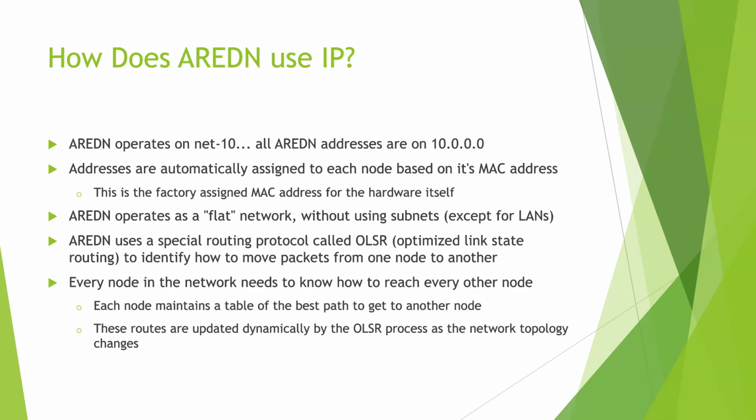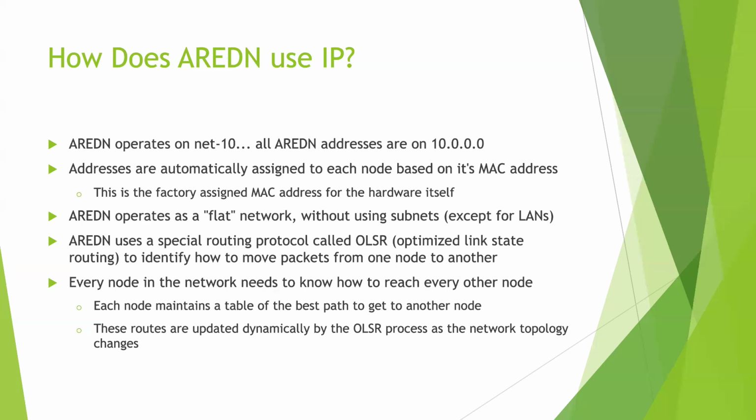Now, it does support LAN devices, which are kind of subnetted sections of net 10, but the AREDN routing takes care of the mapping. So it looks like those addresses are on the big network as well to every other device on the network. So you don't have to think about that. It all just works. Okay. Yeah, it's weird. You can actually do NATting as well, where you can have a subnet that gets NATted to the address of the router, but most people don't do that.